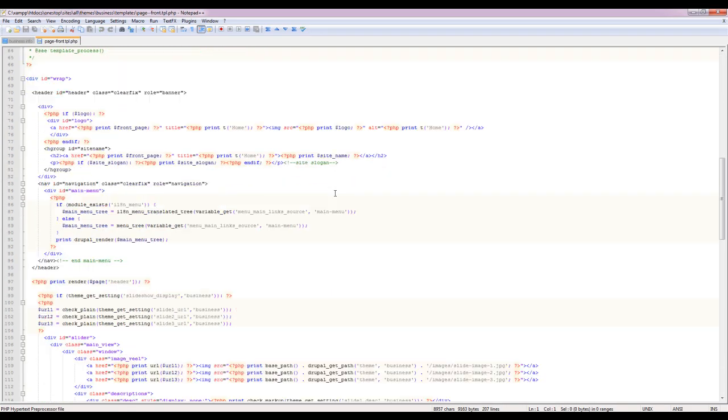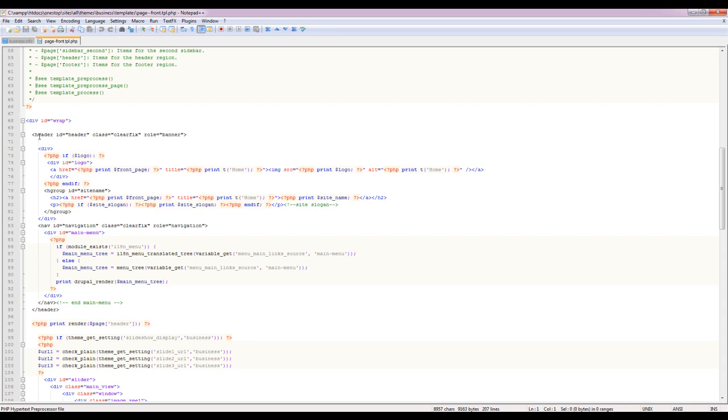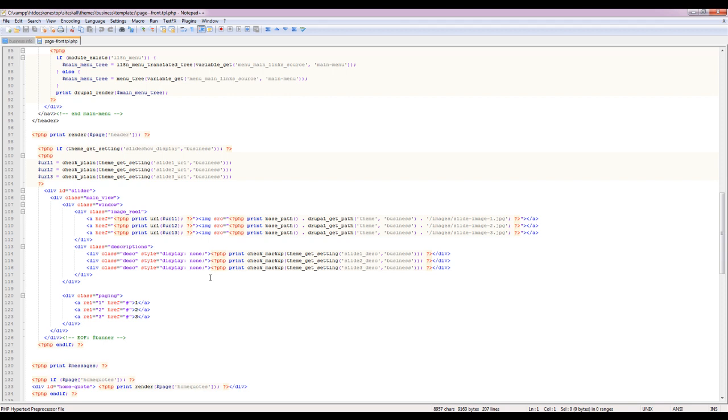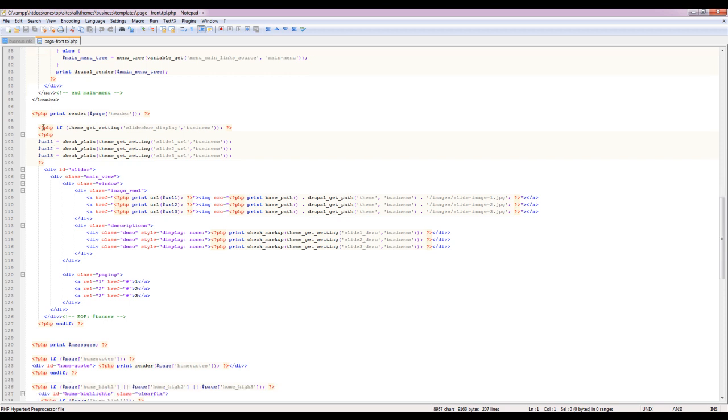So if we scroll down here, you can see that we have the header and all of this other stuff, and there's a lot of PHP in here as well. And those are just hooking into the block regions. And we're not going to be diving too in depth into this, but we are going to be modifying this file particularly quite heavily. And the first thing that we're going to do is you'll see that the business theme